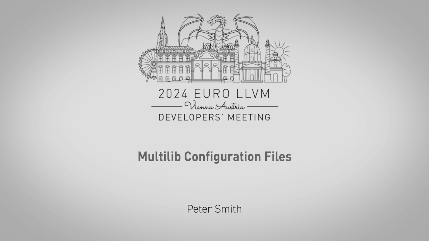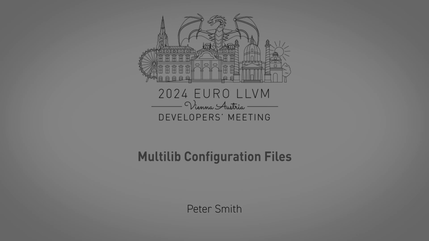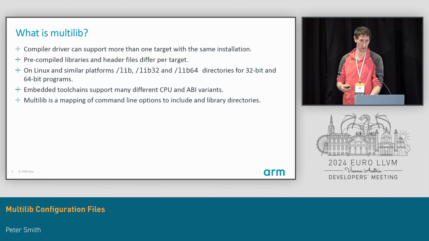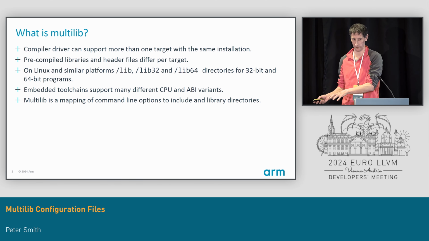Hello everyone. This is a talk about Multilib, if anyone has actually ever heard of that before. Certainly if you're an embedded toolchain developer, you've probably heard of it before. But it's essentially a way, well, while Clang and LLVM are natural cross compilers, what you're going to do about your precompiled binaries. So I'm thinking here about your C library, your C++ library, at least the binary portions